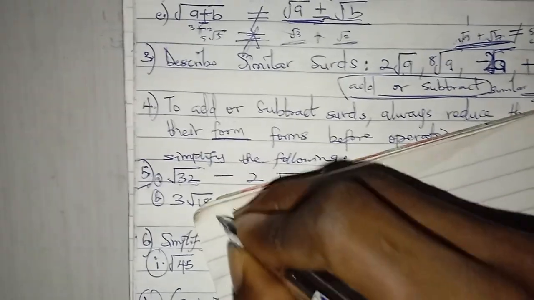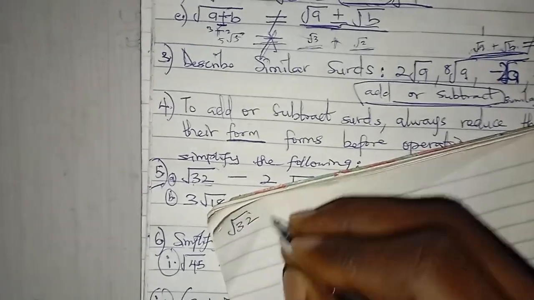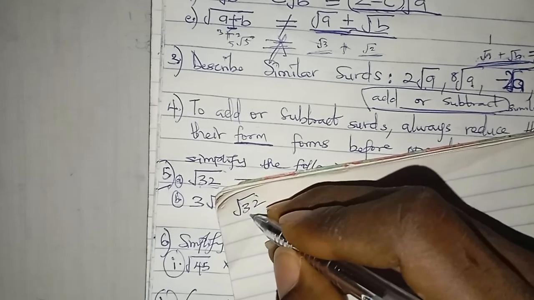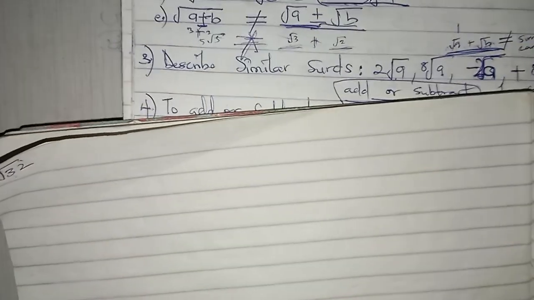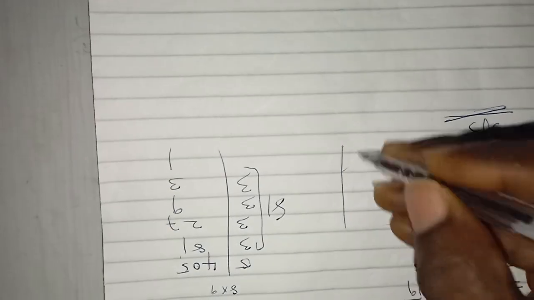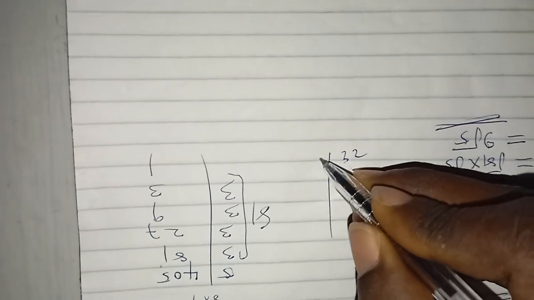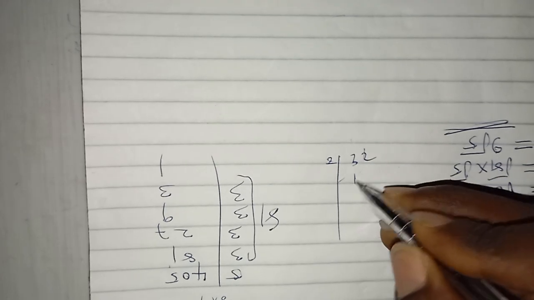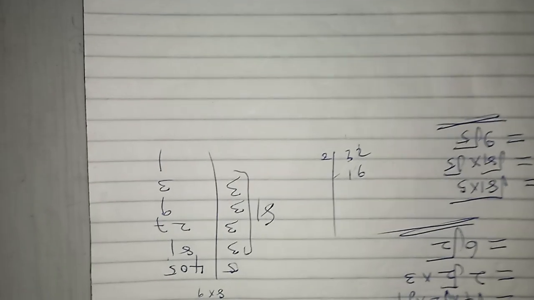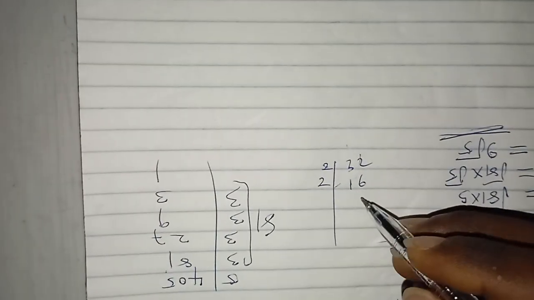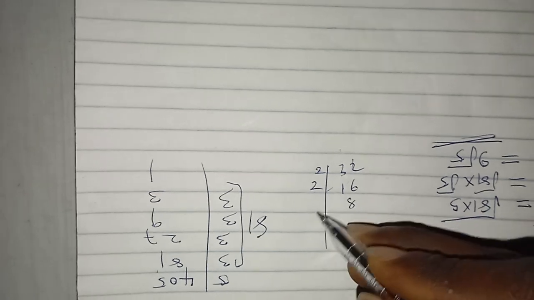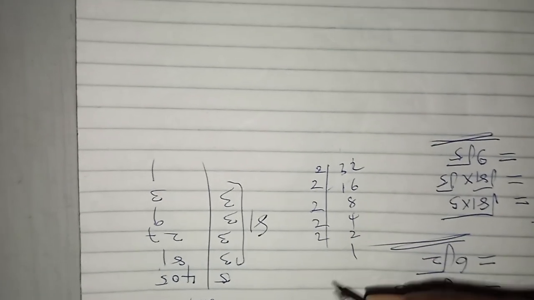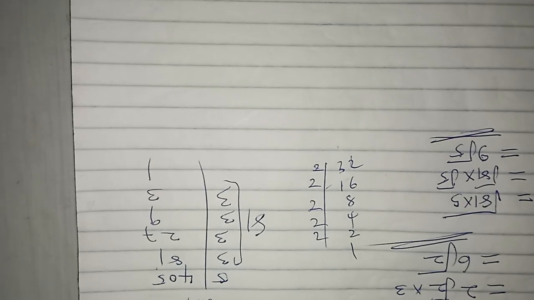I have root 32. We need to find what and what is inside 32. I don't do it with my head. I normally break it down. 32, what's the LCM? 2 into this, you can see that this is going to be 16. 2 into this, this is going to be 8. 2 into this 4. 2 into this 2. 2 into this 1. I'm trying to be very sure these days